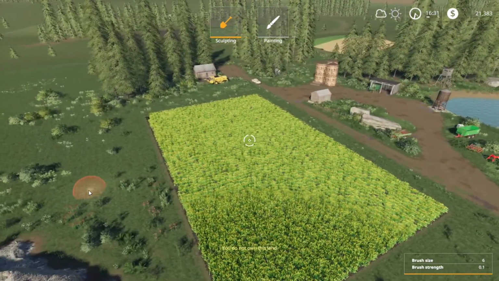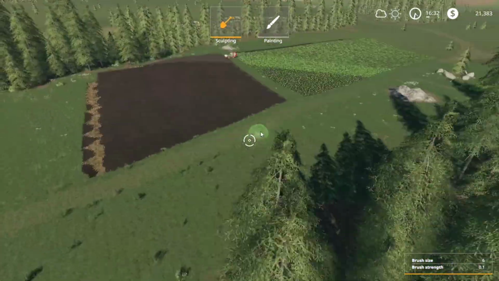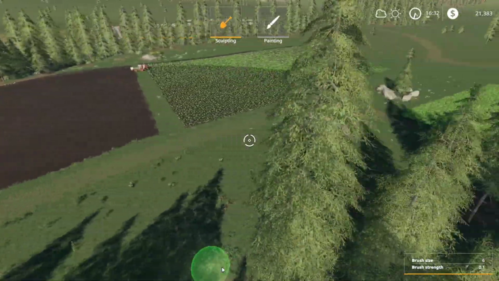Yeah, so probably around the poplar line. That's our property. This stuff's looking good. He's waiting to fertilize that. Well, this is a little awkward part of our field here, but yeah, so that's